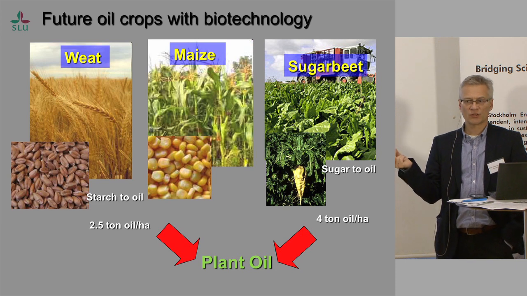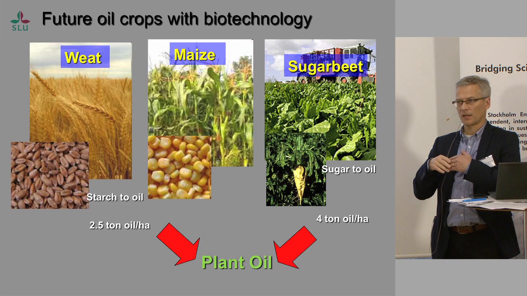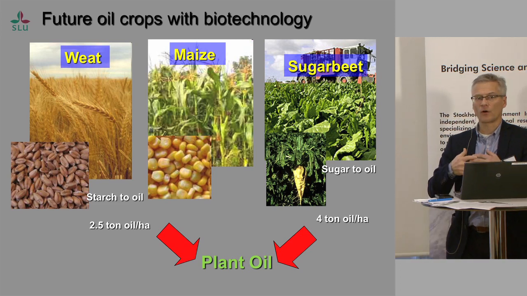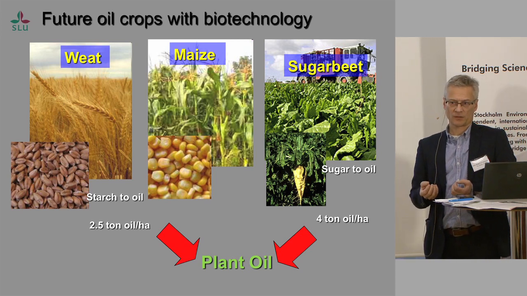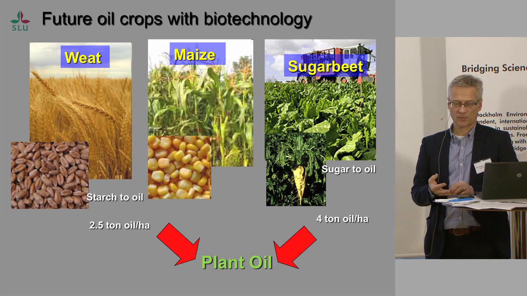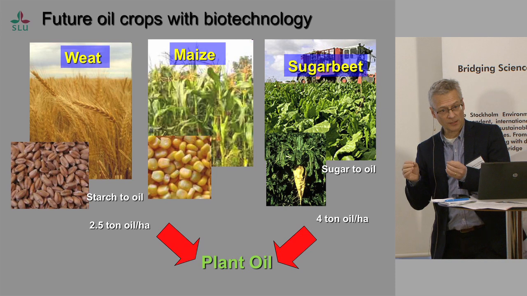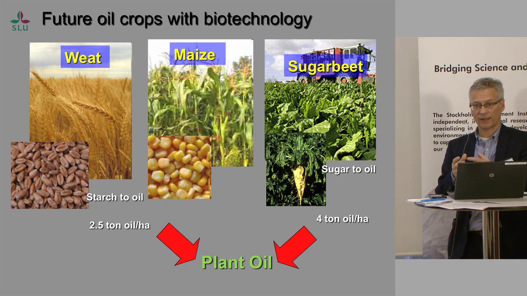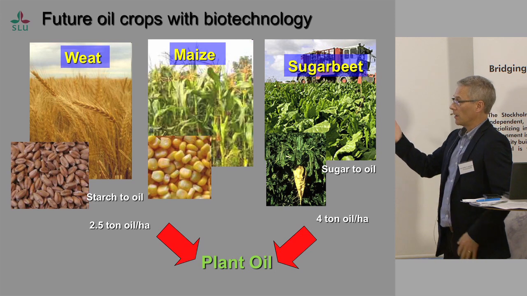In the future we need to use oil production that takes advantage of other organs, other parts of the plant: roots, stem, and leaves. And we're also looking at using the molecular techniques and the tools we have today to remodify the carbon allocation into different,